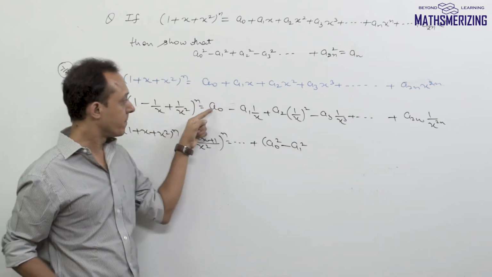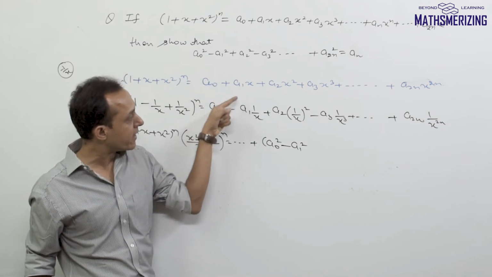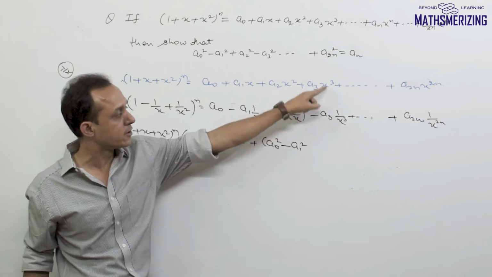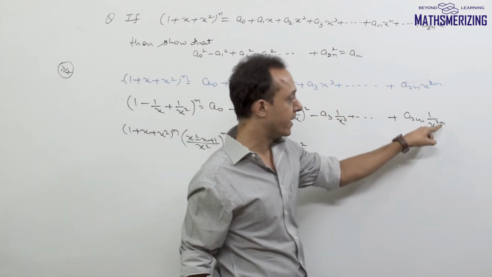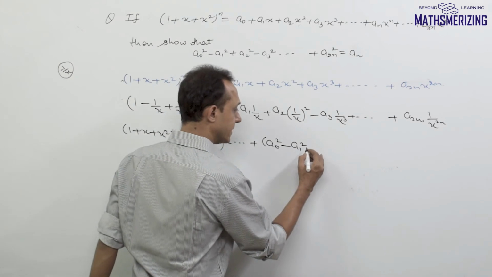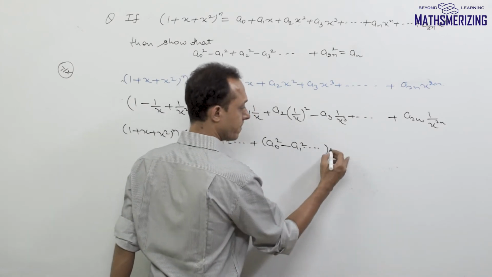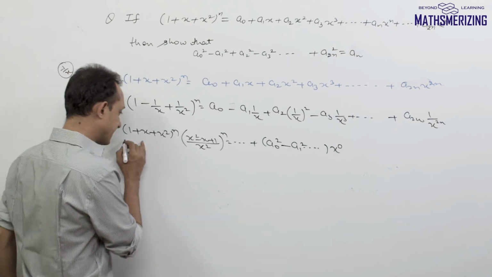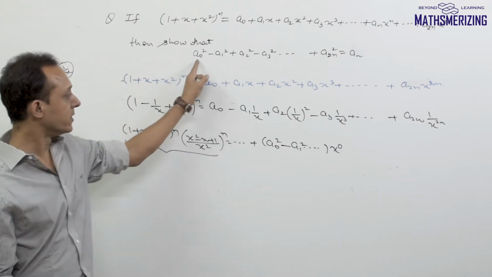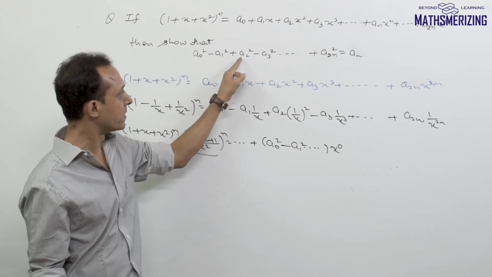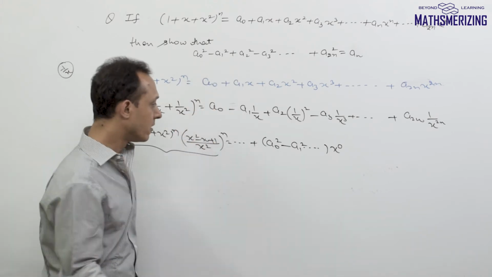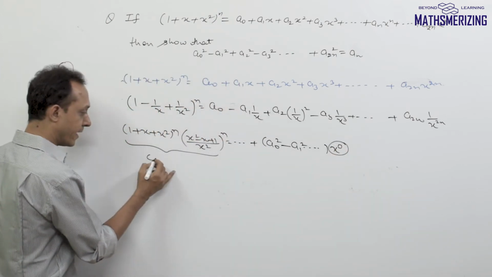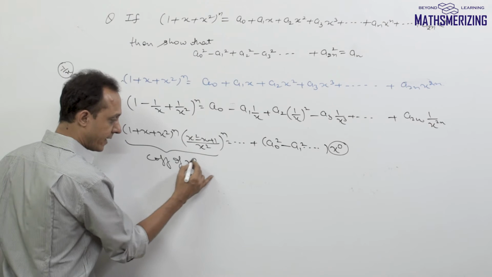So a0² is a term independent of x. Again, a1 gets multiplied with a1, again independent of x. x², 1 upon x², x³, 1 upon x³, x^(2n) and 1 upon x^(2n). So that is the series that I need; in this expression it is actually the coefficient of x to the power 0. So if I have to find the answer to this series, a0² − a1² + a2² and so on, this series has to be the coefficient of x to the power 0. So from this expression, I'll need to find the coefficient of x to the power 0.